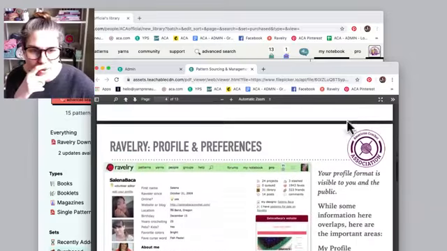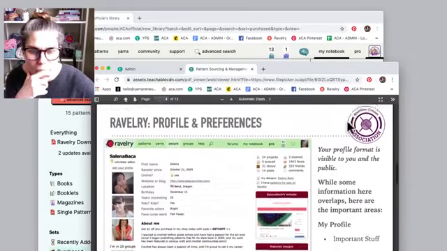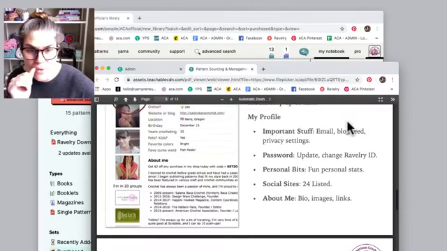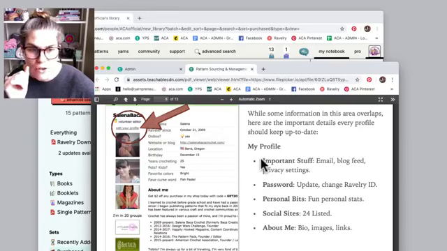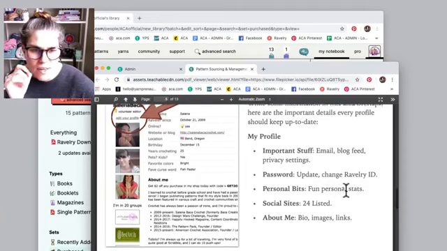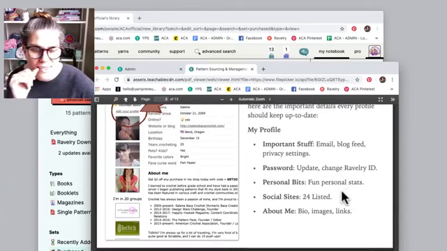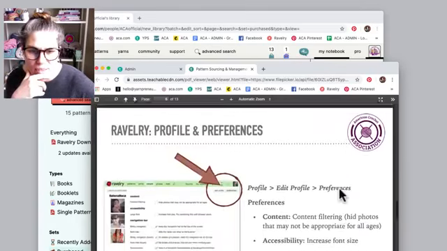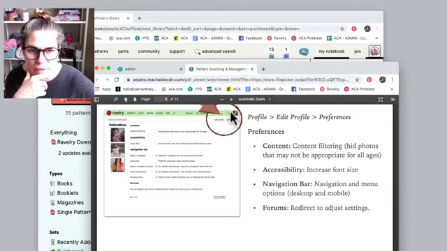Ravelry profile. Okay, let's see. Because I don't think it was there. I could be wrong, but I don't think... Yeah, my profile used to just be... I think it was important stuff, email, blog feed, private settings, password, personal bits, fun, personal stats, social sites. You can have up to 24. Yeah. Interesting. Okay. So when you click on profile,